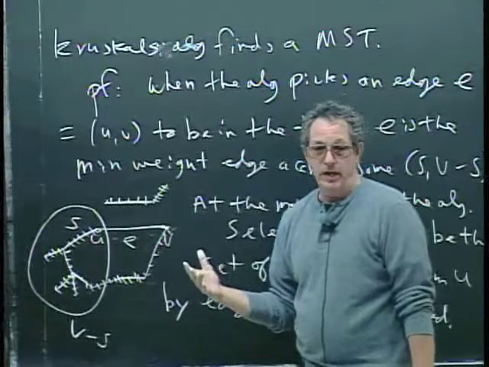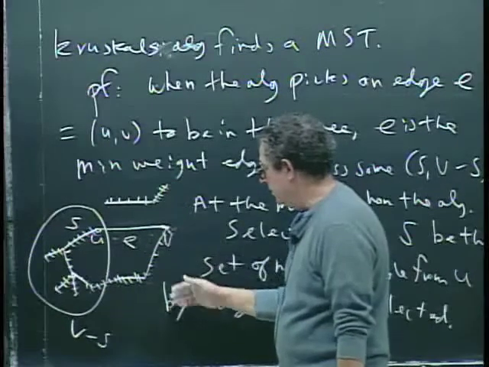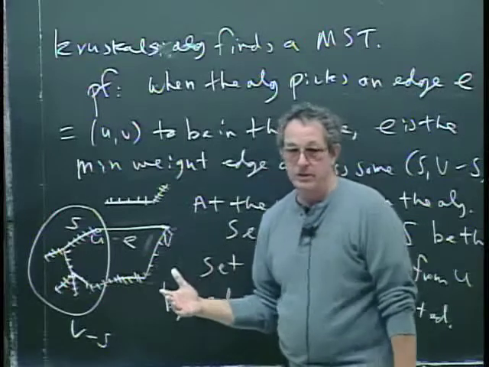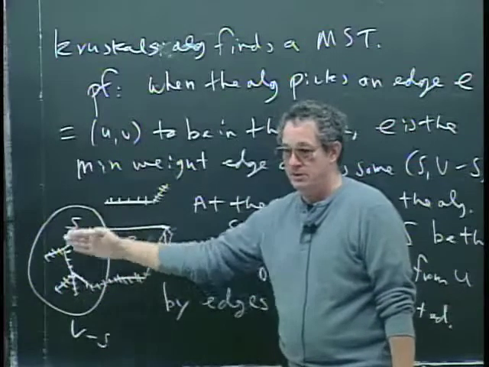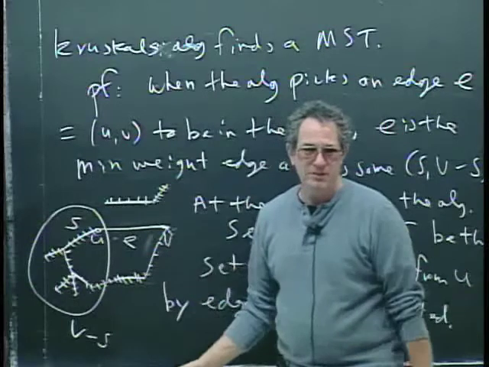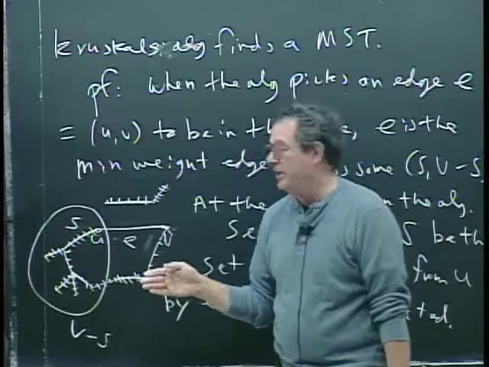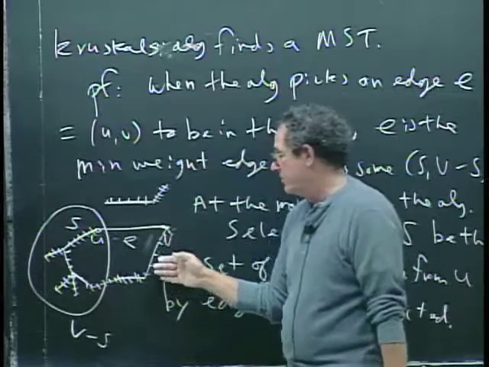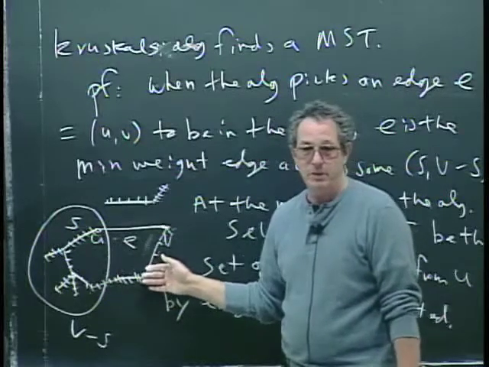And if there was an edge cheaper than E that also crosses from S to V minus S, then again that would have contradicted the definition of S. Okay, so not only is there no edge that crosses from S to V minus S, there's no cheaper edge than E that crosses from S to V minus S, because had there been one,